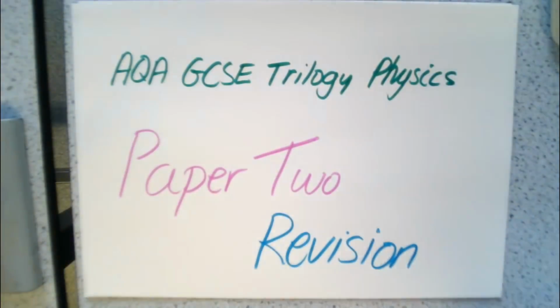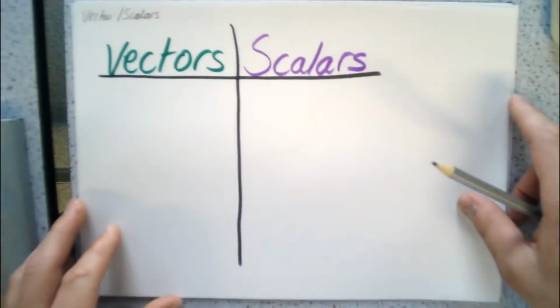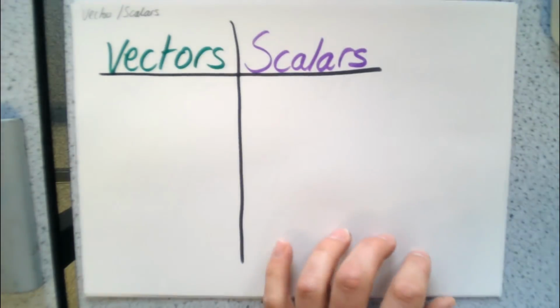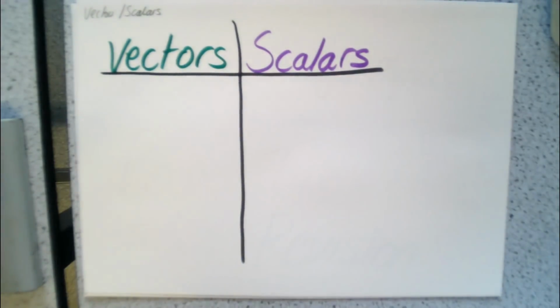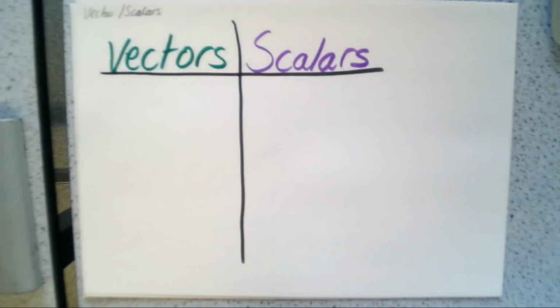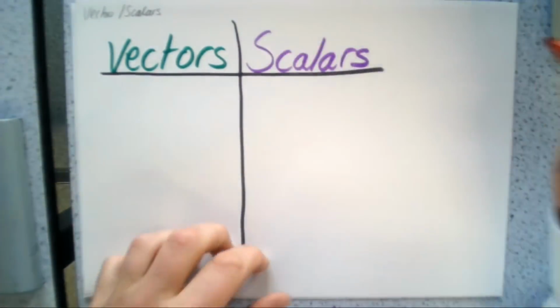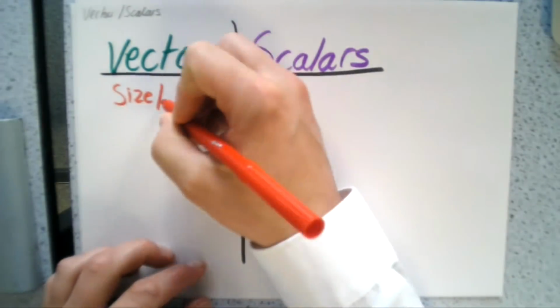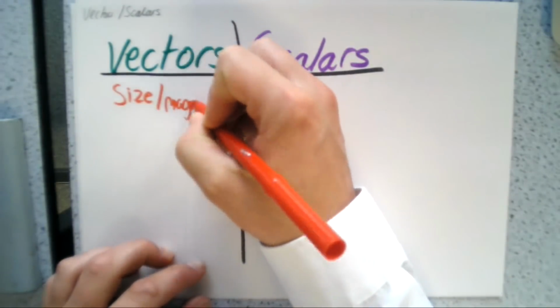So we're going to start off by looking at vectors and scalars. Now, this is something that you will have touched on maybe in maths in the past, but you do need to know the difference between a vector quantity and a scalar quantity. The biggest difference between them is whether they have a direction or not. So vectors are things that have got a size, or what we may call a magnitude,